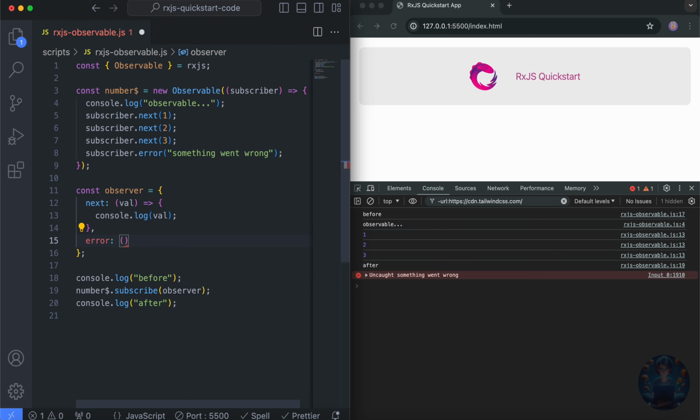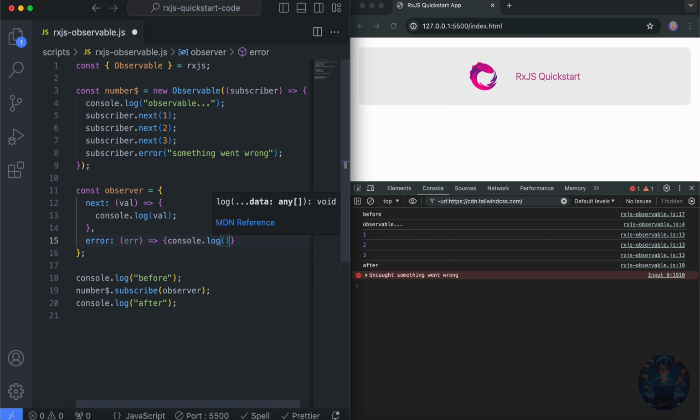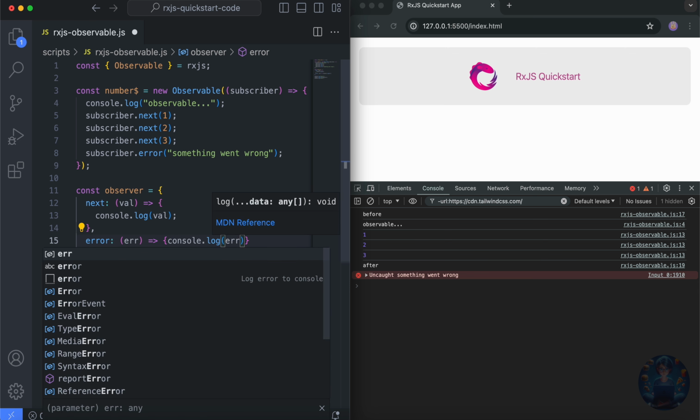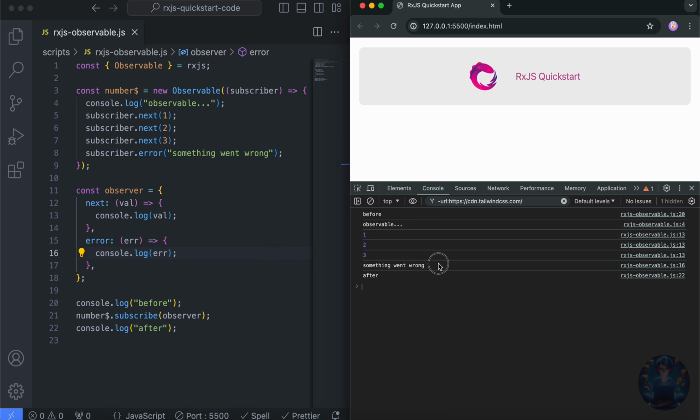It is also a method. It accepts the argument that is being passed from here. So we'll just call it error. For now, simply log it out and hit save. Now you can see that the uncaught error has been removed and you get this string being logged here.